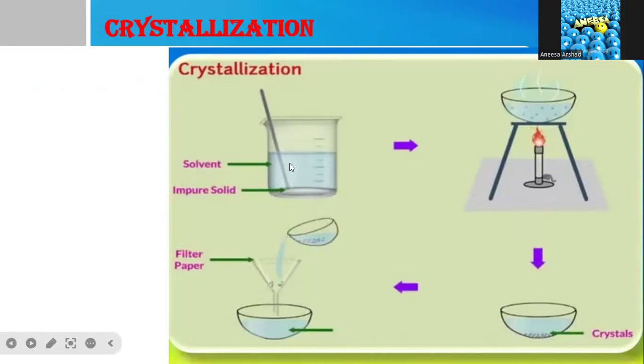We simply take the reaction mixture and heat it for a little amount of time until almost half of the solvent is evaporated, and then we cool the mixture. We usually place it in a cold place or even in the refrigerator, most of the time in the refrigerator, so that cooling can happen. After that the crystals appear and then we simply filter it, and the water will pass through the pores of the filter paper, whereas the crystals will settle on the surface of the filter paper. And this is how we separate the desired product from the reaction mixture.